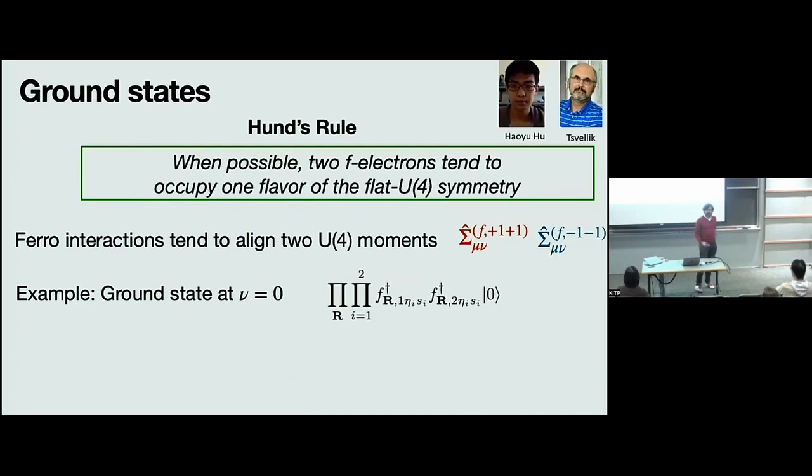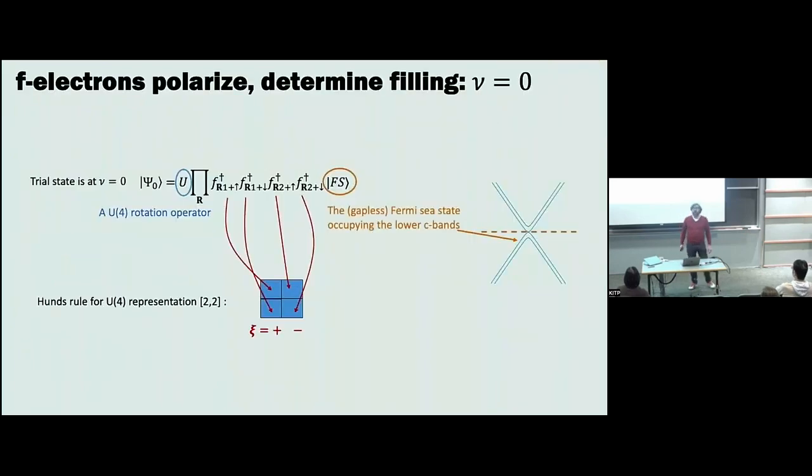And it turns out, and this is something that was found by Hao Yu, that you can prove analytically that there's a Hund's rule coupling between these F electrons. So these F electrons basically want a Hund's rule coupling, and you want to form the largest symmetric representation of the U4 moments. So what we do to obtain the correlated states at integer filling, I'll come back to this later, is,